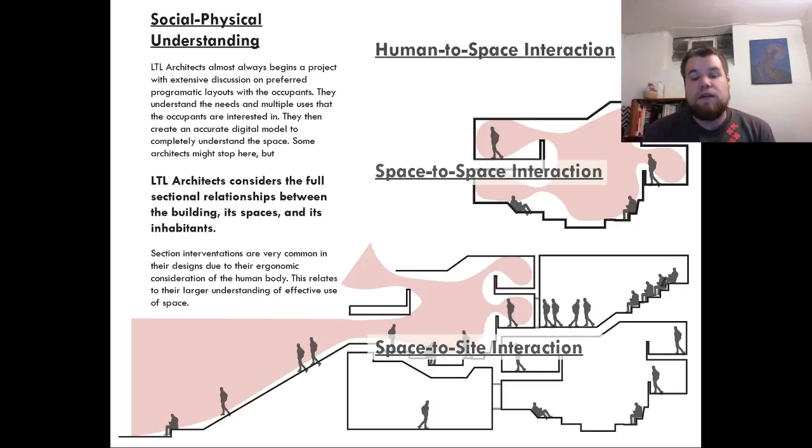Then you have space to space interaction, how the different qualities of each space can bleed into each other and relate to each other, whether it's an auditorium that attaches to an outside area, or different classrooms or offices that relate to each other. And then you have space to site interaction, which can be a large, grand gesture, different entryways, different ways that there are courtyards or other public to private areas between a building and its site. These are kind of the three different relationship scales that we're going to be dealing with today.